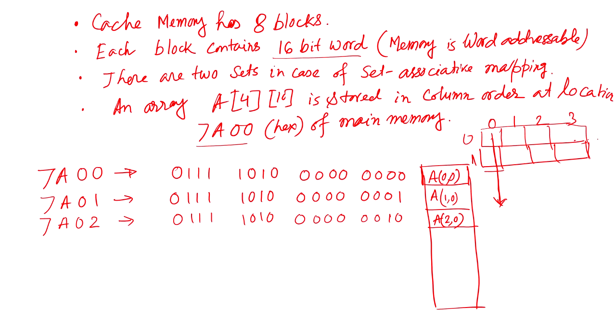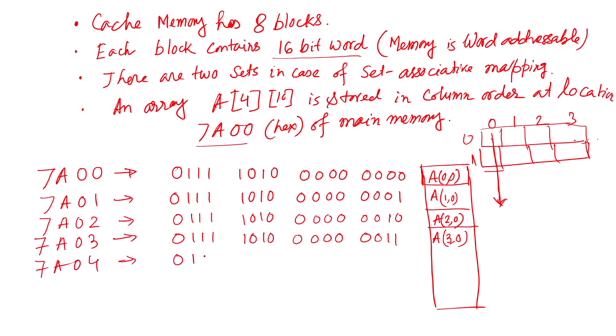You must have studied this in data structure classes, rigorously, data structure class was taken, right. Okay. So, next is 7A 0 3, 0 1 1 1, 1 0 1 0, 0 0 1 1. So, this will be A 3 0. Okay. Next 7A 0 4, 0 1 1 1, 1 0 1 0, 0 0 0 0, 0 1 0 0 and next will be